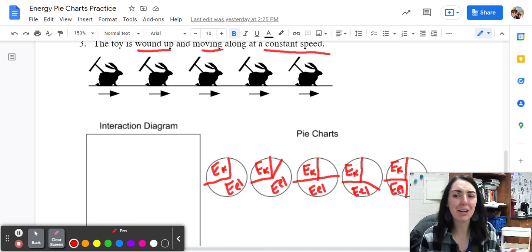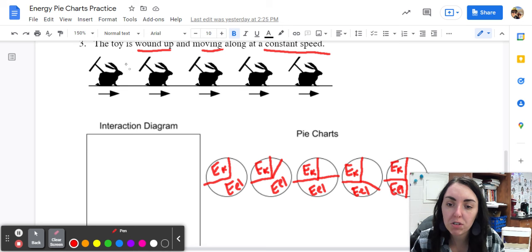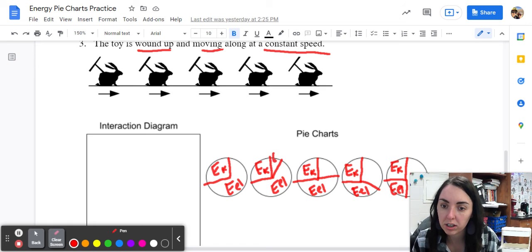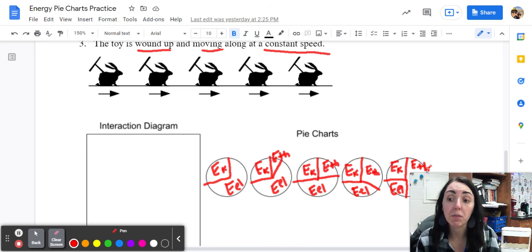So where's that energy going? It's not climbing a hill, so it's not going into gravitational, but it's also not disappearing. Whenever it looks like you're running out of energy or energy is disappearing, that's always thermal. It's going to the friction. So that elastic energy, instead of turning into more kinetic energy, is actually turning into thermal energy from friction. So in that case, we still have three types of energy, but we don't have gravitational because it's not